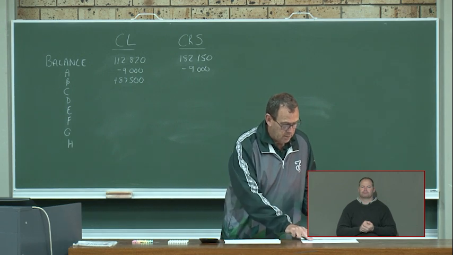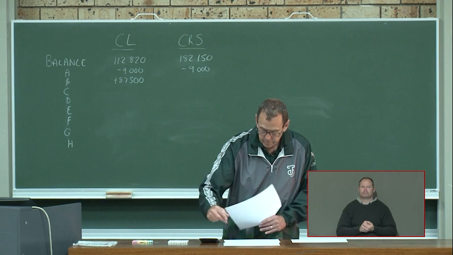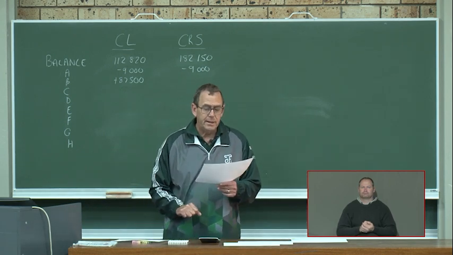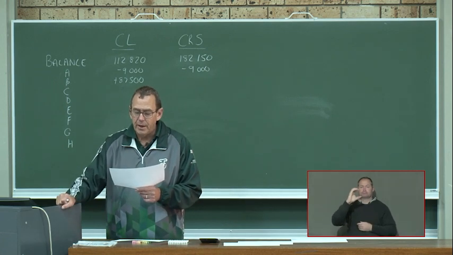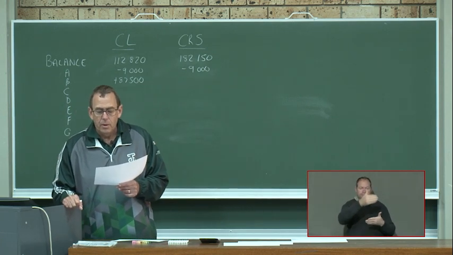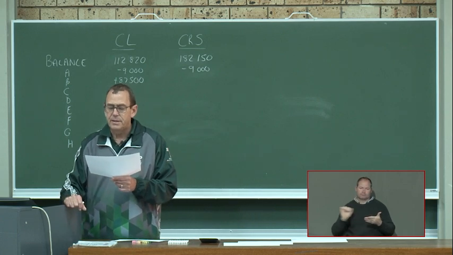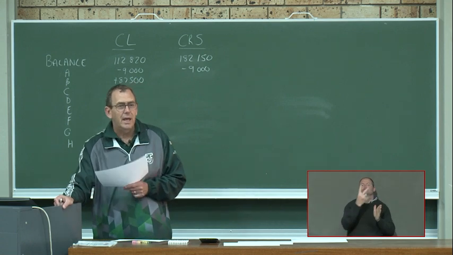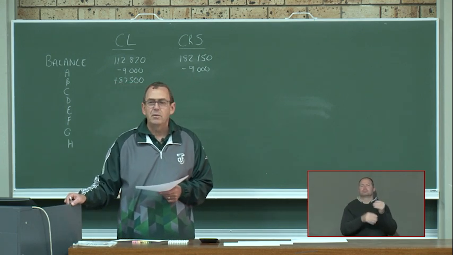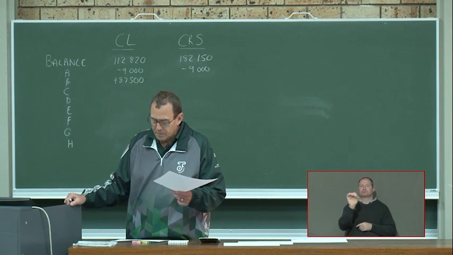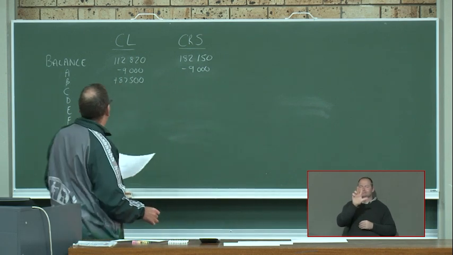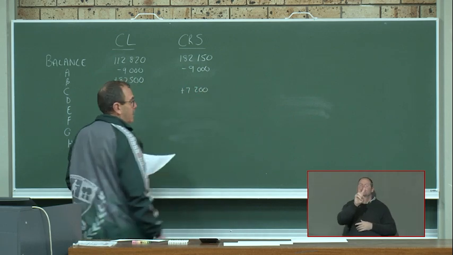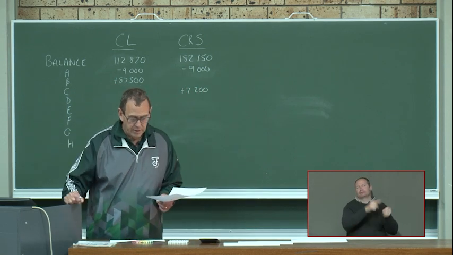Number C, an invoice for 28,000 received from them was correctly recorded by us. The statement of the account reflects this as 20,800. So they added only 20,800 and they were supposed to add 28,000. So they will have to add another 7,200.